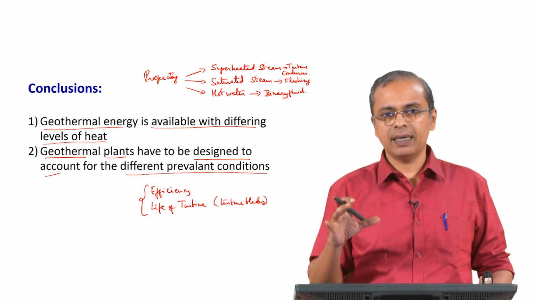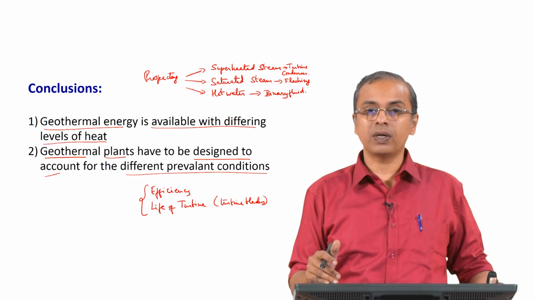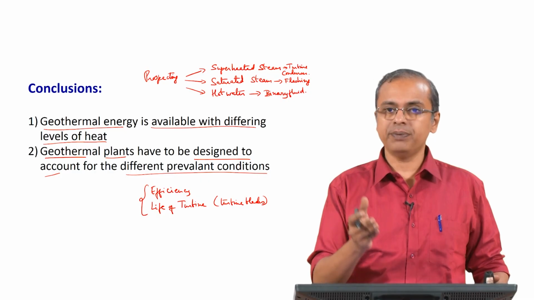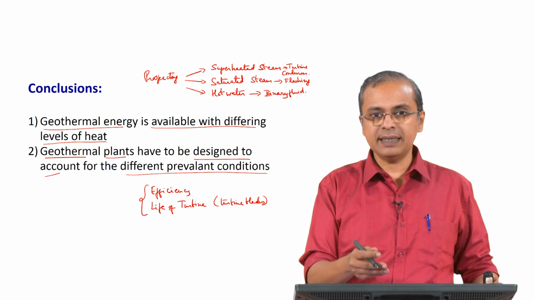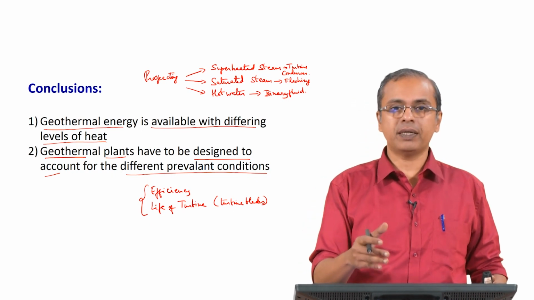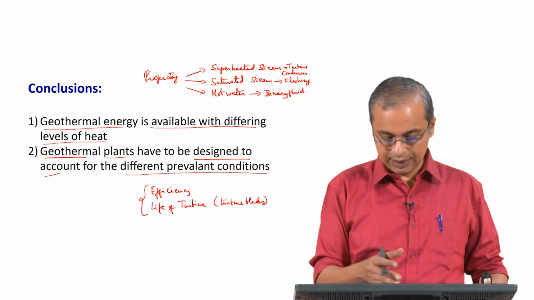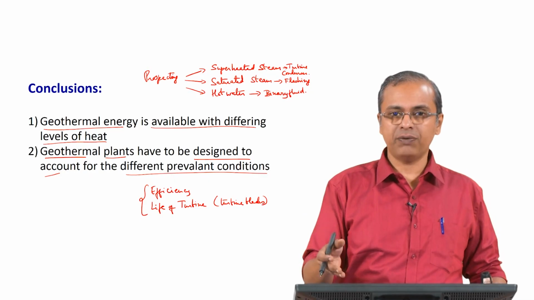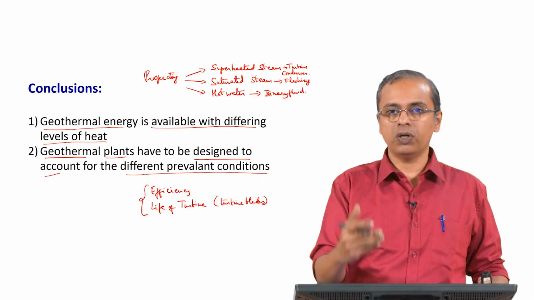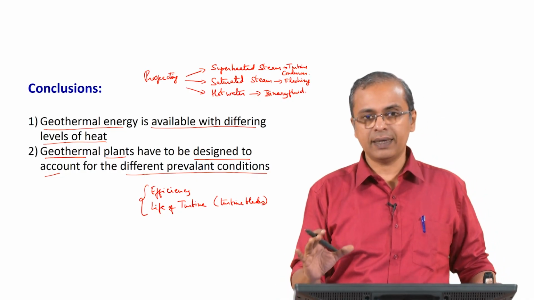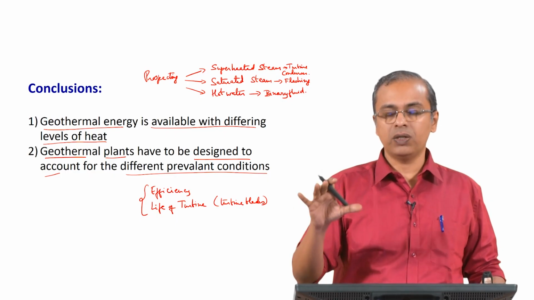And I will also tell you that given that this is geothermal, you do not really have significant control on what is coming out from underground. Significant variation is going to be there from site to site. This temperature is just one variation that we are talking of, and it is a very important parameter, because the design of this plant itself will be based on this variation of temperature. So clearly you have three totally different designs that have to be put in place. So you cannot just force fit one design to all locations of this plant. You have to do some initial design understanding of that location to decide what kind of plant